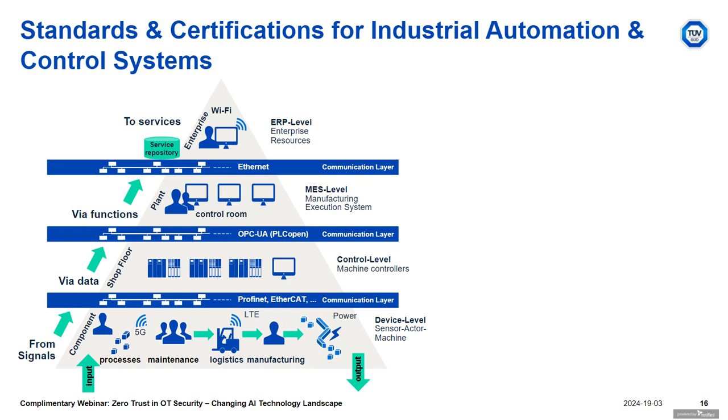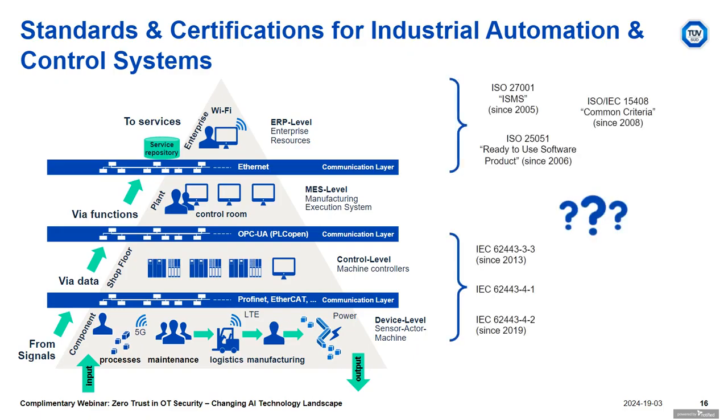So it's a common pyramid, but the challenge is what kind of scheme, what kind of conformity assessment the organization should go for. So it's totally a question mark for each industry, considering for themselves. But if we see the solution I've been proposing on the screen right now, if you're talking about the services in the management level, the top level of the pyramid, usually the importance is ISMS, 27001, those standards being used readily, or ISO 25051, like ready to use software production. These are the earlier part of it.